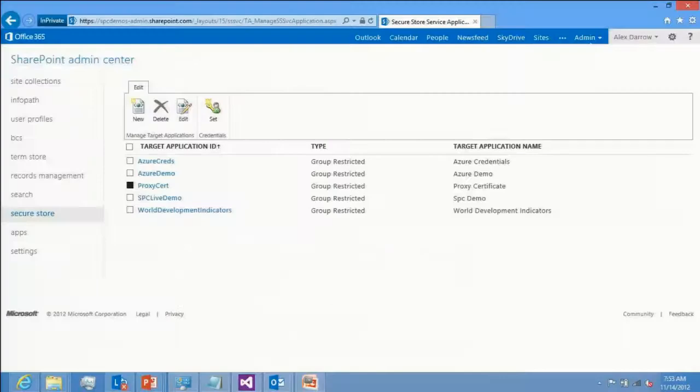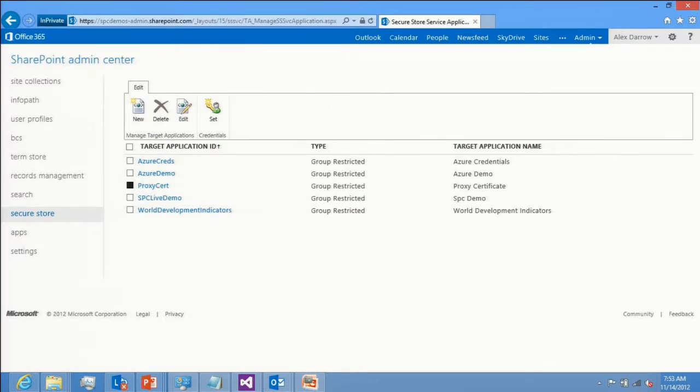So what you'll do is you need to go to your admin portal for SharePoint Online. You click on the left for Secure Store. And Secure Store, for those folks who don't know about it, is the service that SharePoint uses, both on-premises as well as online, for managing and storing credentials securely. So all credentials are encrypted. There's no way for anybody to get into that database and see a credential. A tenant admin can go and set a credential or model credentials, but he can't actually see anything that's there.